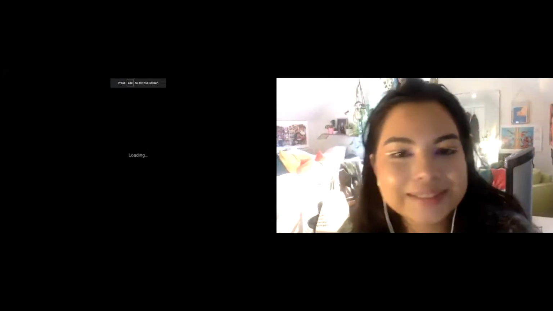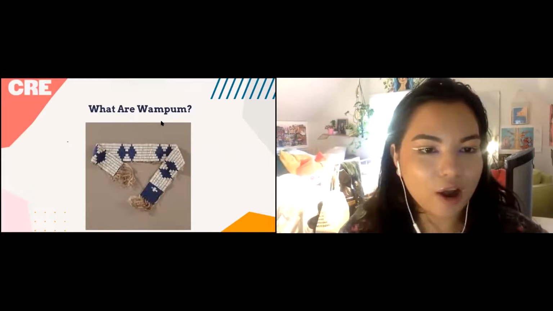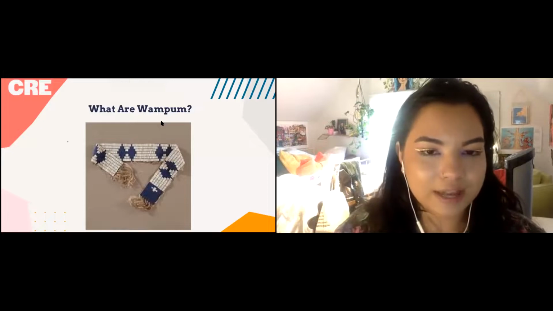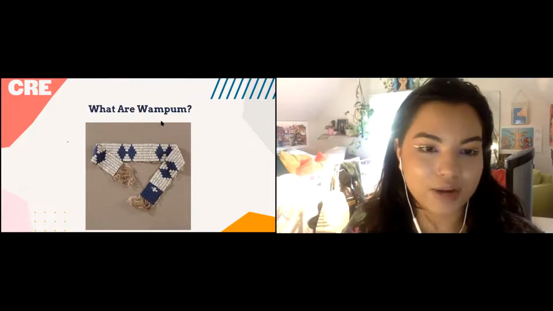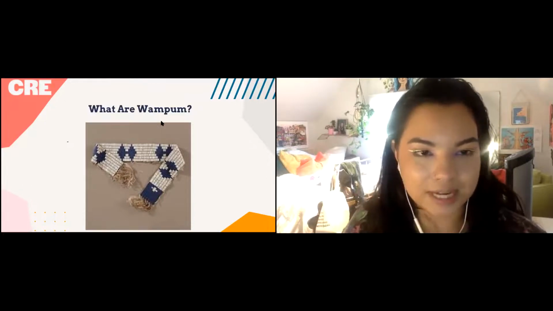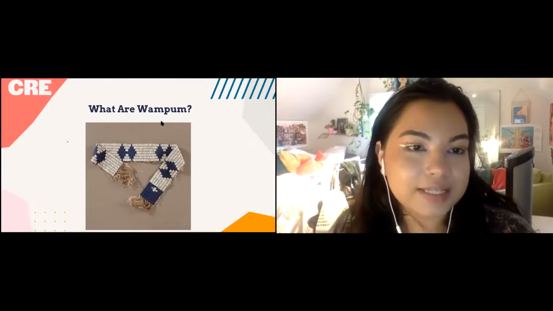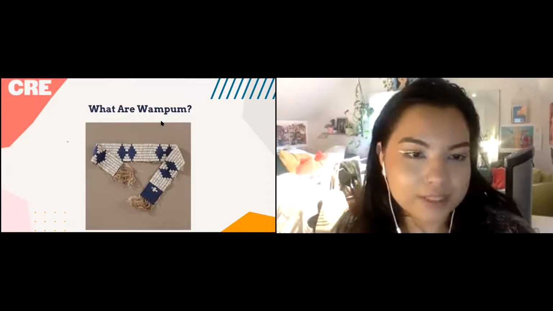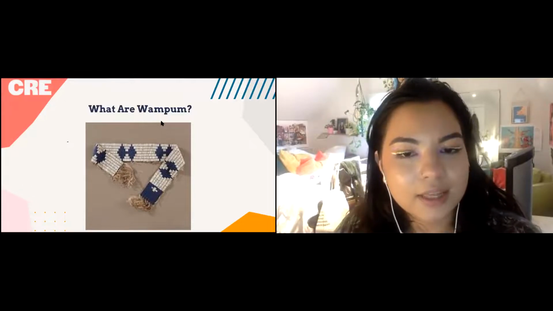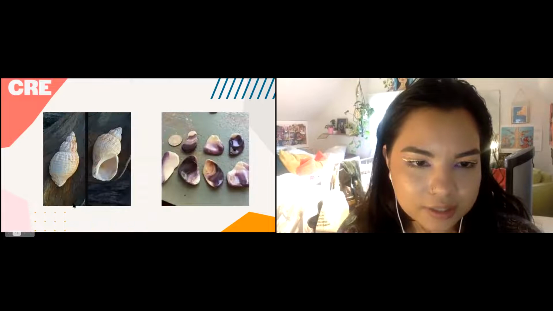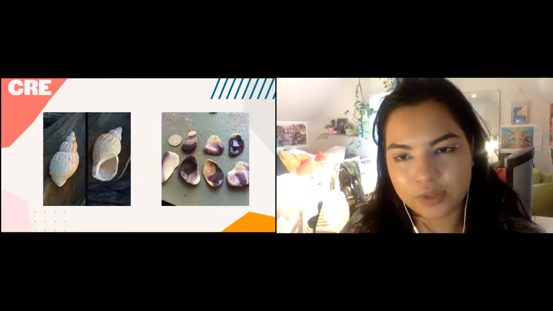Okay, so wampum belts are a type of agreement, similar to a contract in which there are different communities coming to the table to agree to something, but different than a contract because they're a much more visual representation of the agreement. The term wampum is an Algonquin word that means white beads on a string. Wampum are traditionally made from white beads and purple beads. The white beads are made from whelk shells, which you can see here. And the purple beads are made from quahog shells, which you can see here.